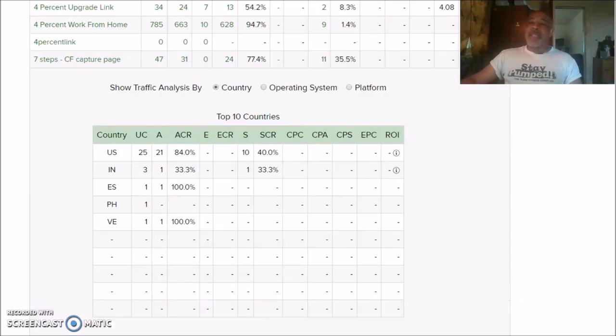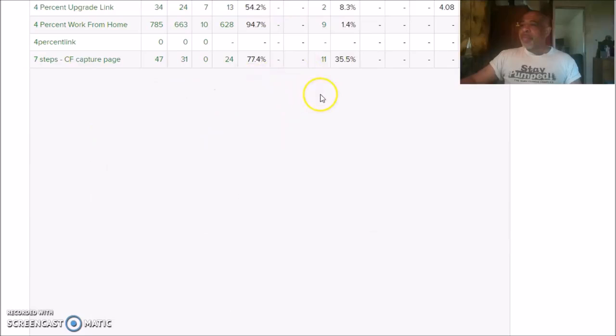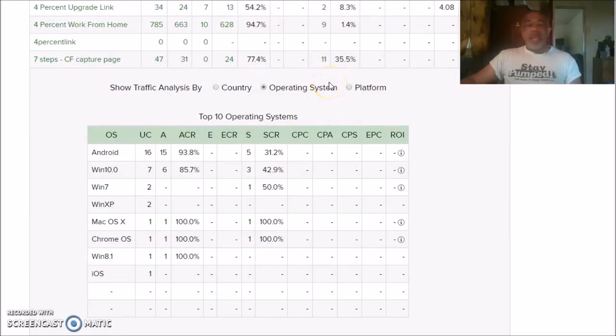The next thing Clickmagick does, it does a traffic analysis for you, and it breaks it down by country. As you can see, 84% of the actions that were taken on this particular link were in the U.S. The second one was India. I think that next one is Spain. PH, I think, is the Philippines. I'm not quite sure. But as you can see, it breaks down the countries, operating systems, what they were using,